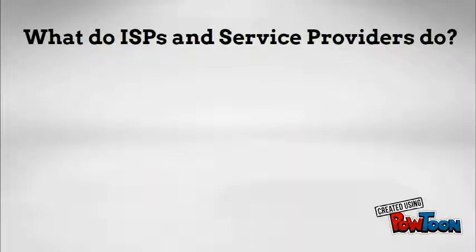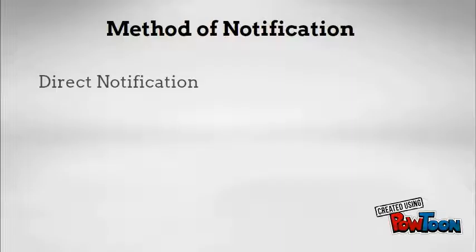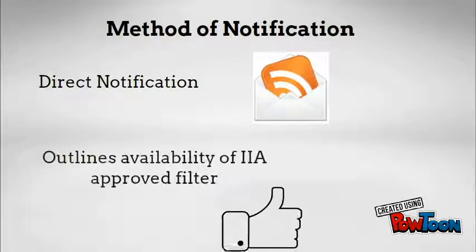If the Australian Communications and Media Authority forms the view that content complained of is or would be classified, it must notify suppliers of scheduled filters and internet service providers of the location of the content. Notification occurs directly, usually through email, and outlines to the internet service provider that a family-friendly filter has been made available and that such filter must be made available to all end users.